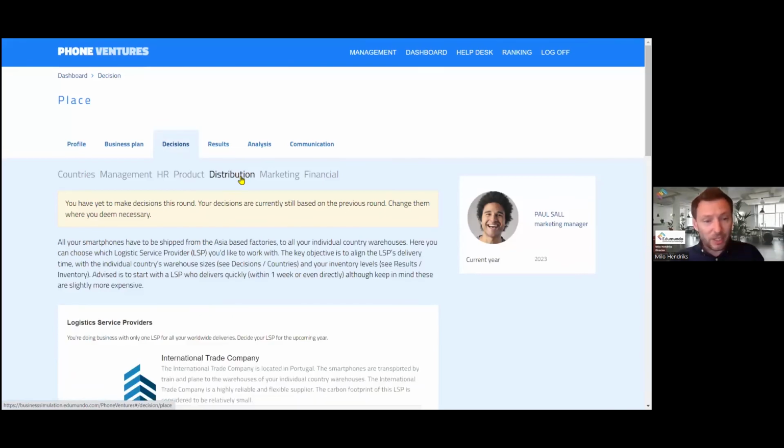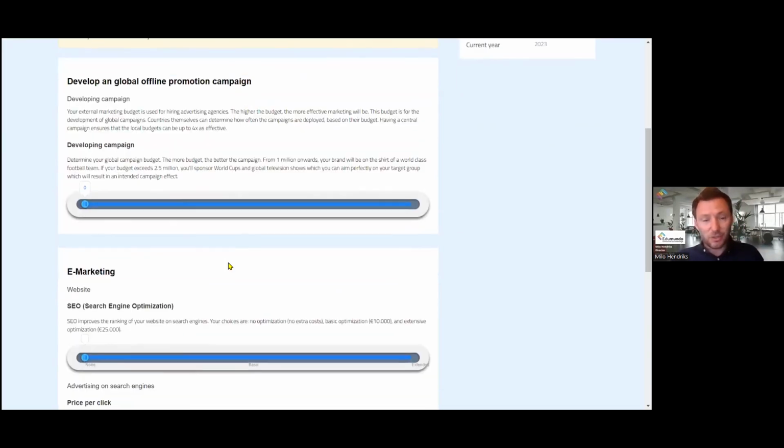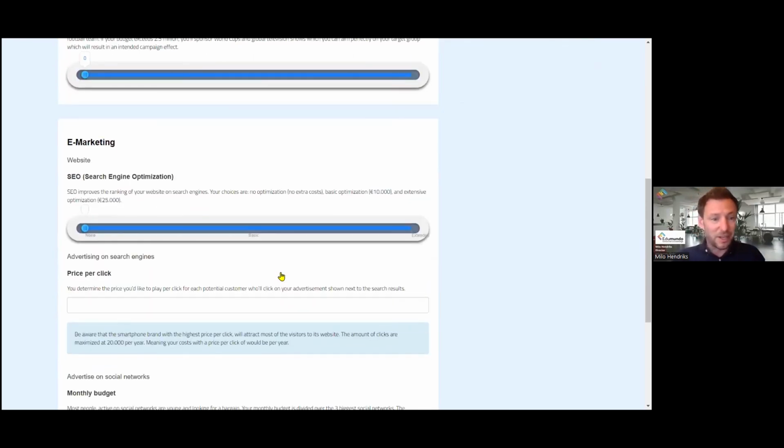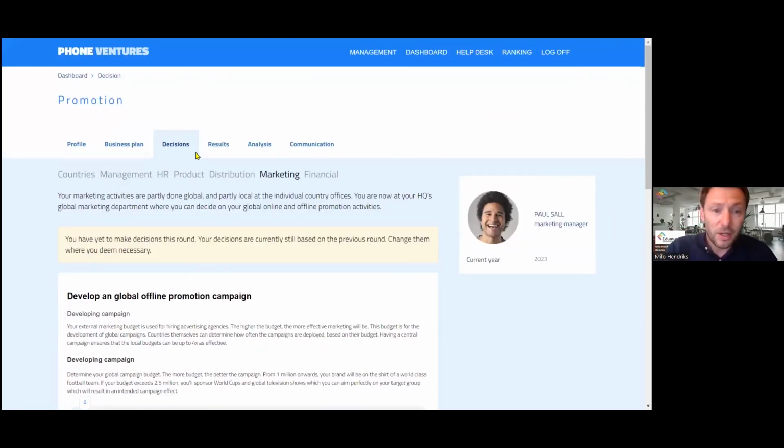There's distribution, with logistics service providers to choose from with different carbon footprints, for example. Global marketing decisions about online campaigns and search engine optimization and price per click for Google AdWords, a whole bunch of global online decisions to take for marketing. Once we've taken all these decisions, we click save on the bottom of each page, and then we wait until